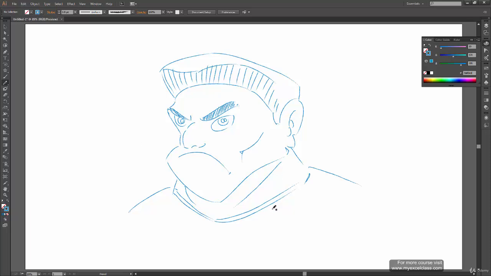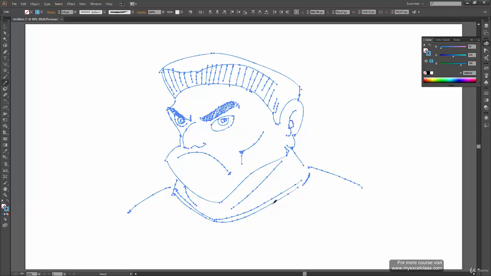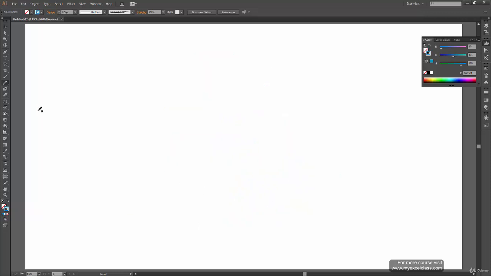Now let's see a finished design that I'm going to make. So obviously I don't use the pencil tool for this kind of work in Illustrator. So then what do I use it for? All right, let's take the example of drawing a tattoo. In tattoos we have this kind of shapes. We draw these kind of shapes a lot. So let's make something and see how we can do it.